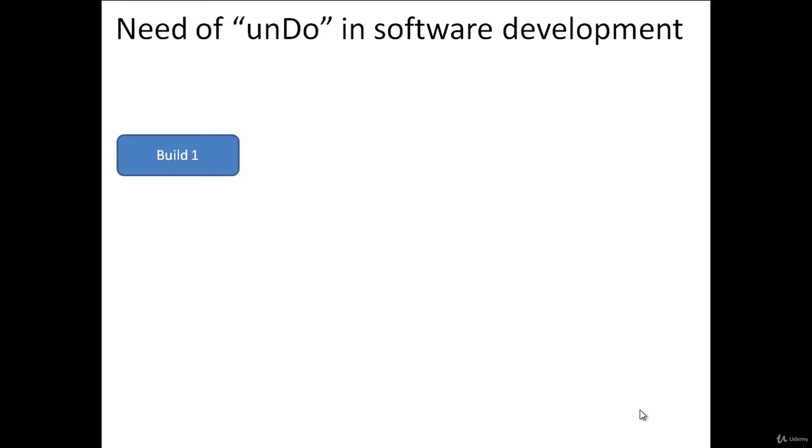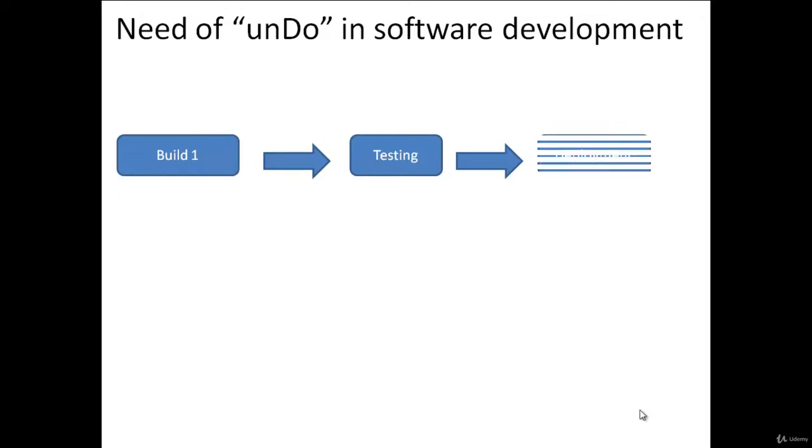Let's say as a developer, I have generated a build, right? I have implemented a functionality and generated a build, and I have tested that build, which is working fine. So I have sent it to the deployment server and deployed it there, right? Now let's say in an agile environment or in any life cycle, there are changes in the requirement,